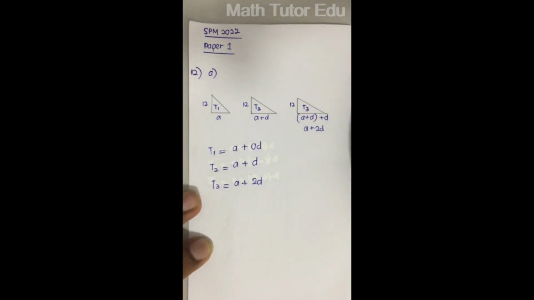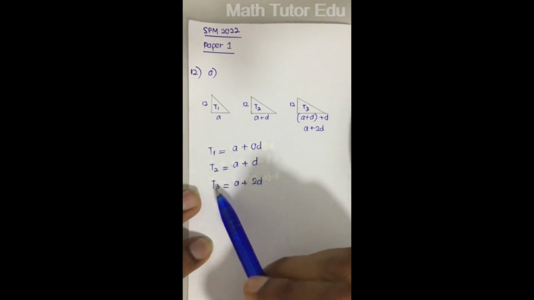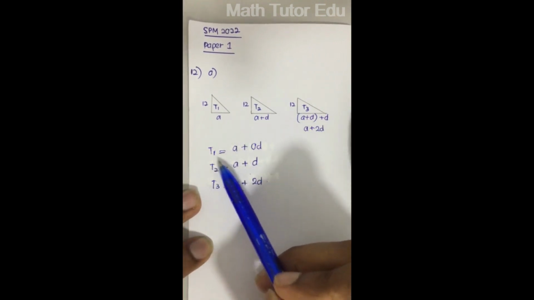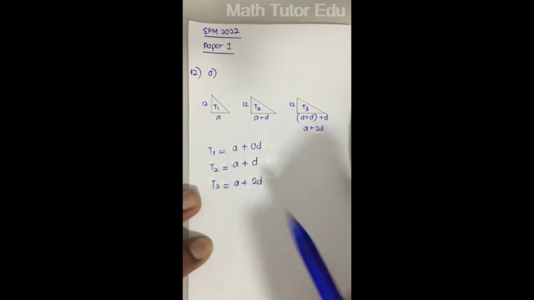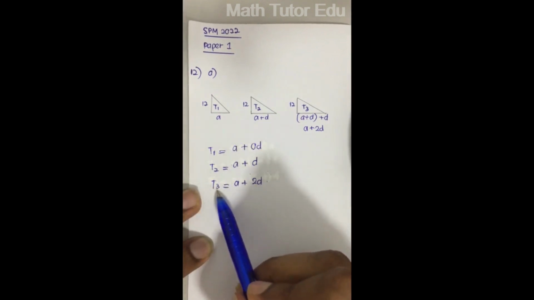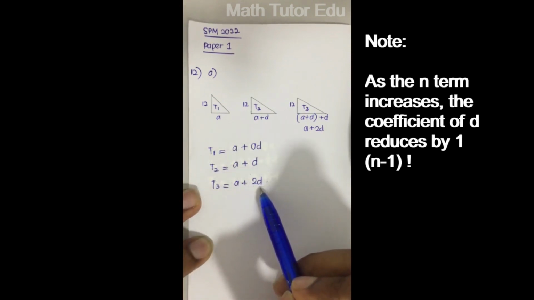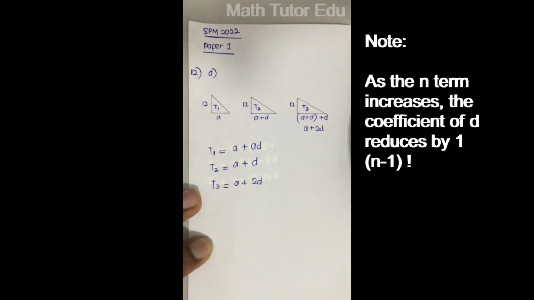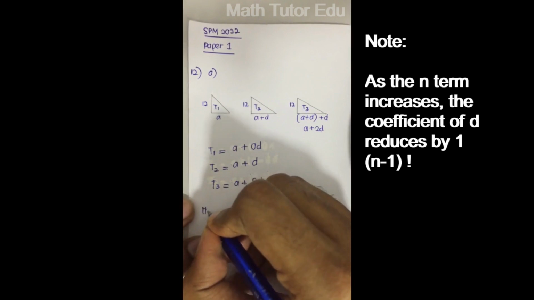Take note of the coefficient of d and the number of the terms, guys. For example, if I take t2, the term number is higher than the coefficient of d by 1. The same thing applies here: you have the subscript 3, which is higher than the coefficient of d, in this case 2, by 1. By following this pattern, we can conclude that your nth term,